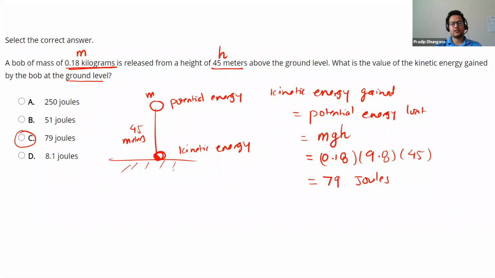I know this question is a little bit tricky, so if you have any question, please let me know. You can ask that question in chat as well. And if you understood this question, give me a thumbs up or any other reaction. Now, let's go to the next question.